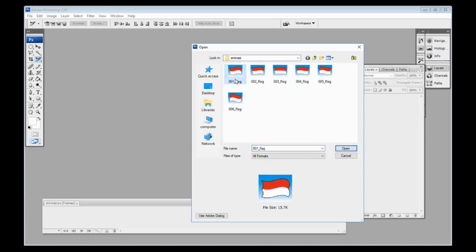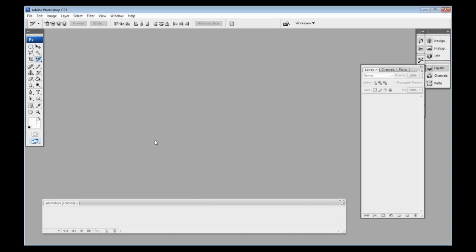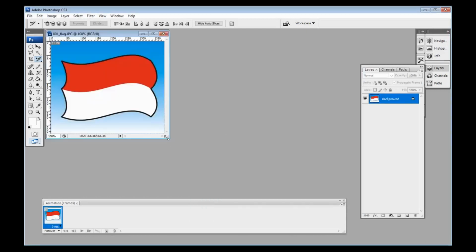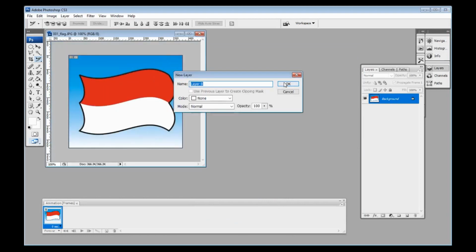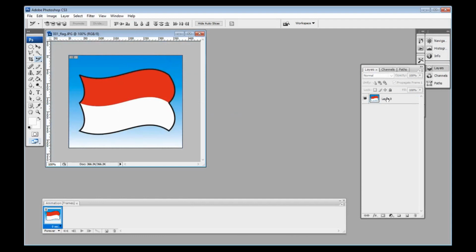I will try to open this file. Okay, wait a minute. Okay, we have number 1. We can change the name of the layer, maybe number 1.